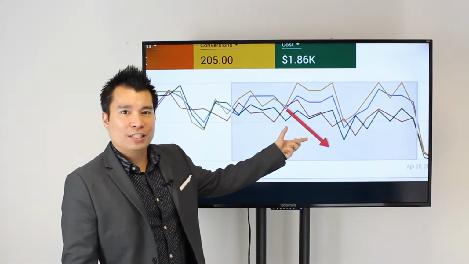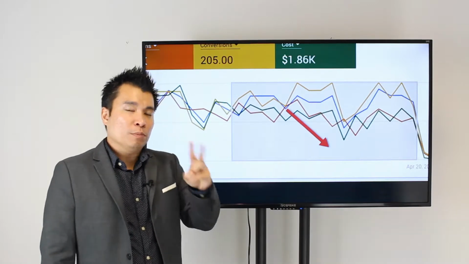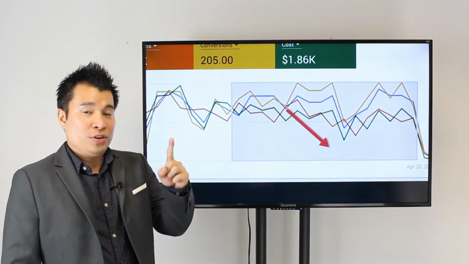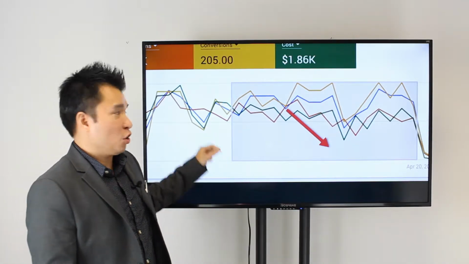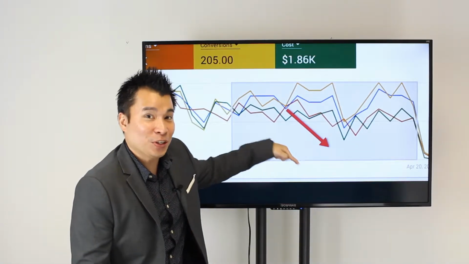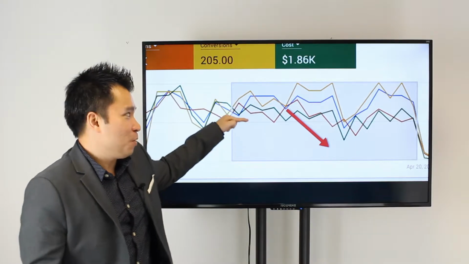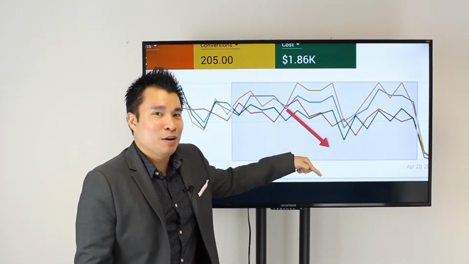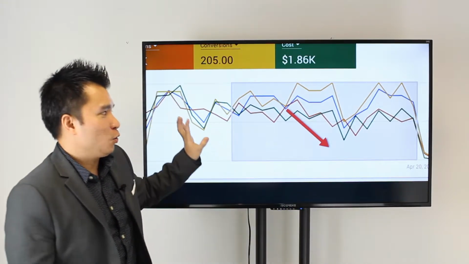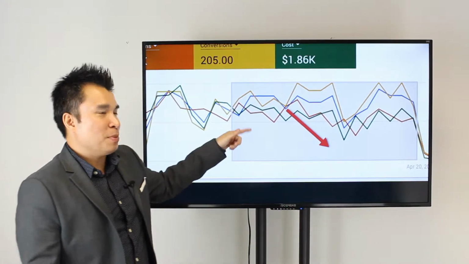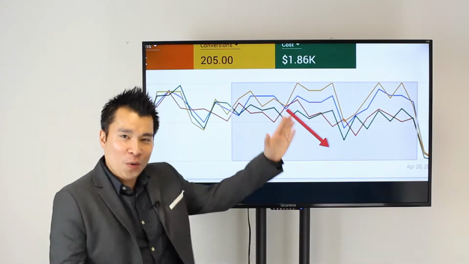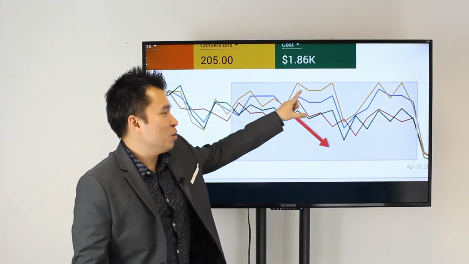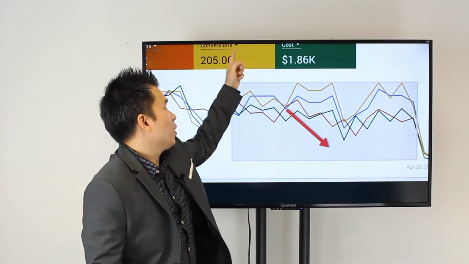So what happened in the last phase? There are several observations that you might want to pay attention to. Number one, let's talk about the green line, which is the cost line. You see what happened? The cost line is going down, which is great, right? Because what does that mean? That means that you are paying less and less for more results. And besides the green line, what happened to the other lines? They are all going up, aren't they? They're all going up, and that is exactly what you really want, especially on the yellow line, where you got